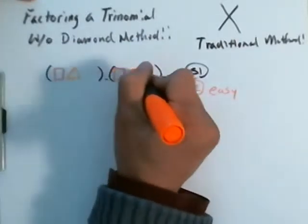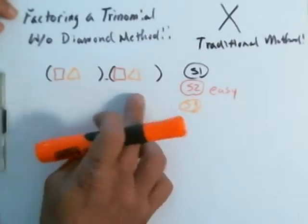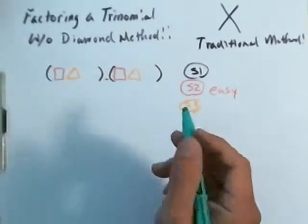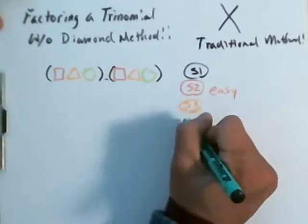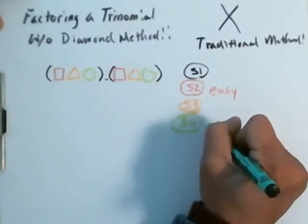You put in your signs right over there. It's going to be either plus, plus, minus, minus, or plus, minus. We don't know which one yet. And then step 4, it's going to be green. It's going to be your last factors. I'm going to put circles on these. And that's step 4. Step 4 is put in your last factors and check